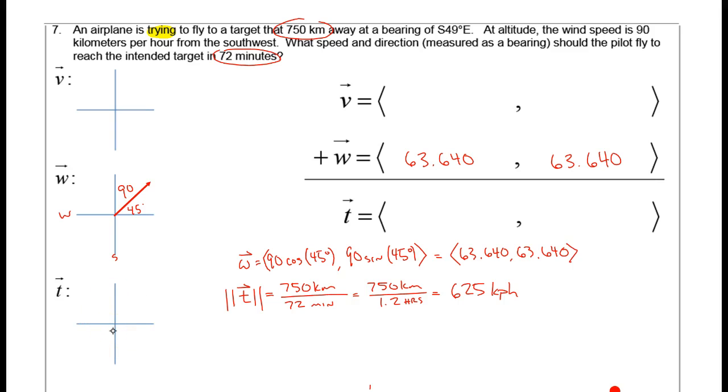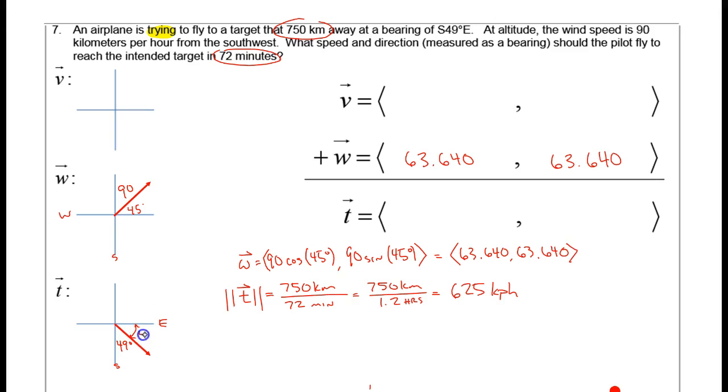Now we have to figure out what the angle is. So we're trying to fly to a target that is at a bearing of south 49 east. So if we go south and then 49 degrees east, that is the target that we need to hit. So this is our 49 degrees right here. I wrote 45. Clearly that's wrong. 49 degrees. So the bearing is south 49 east. Remember, this is south and this is east. So this little angle right up here,